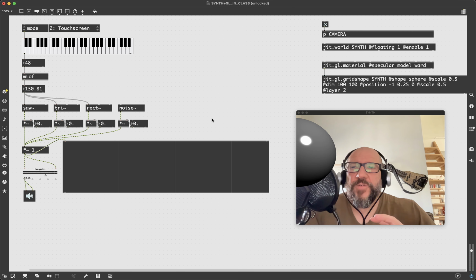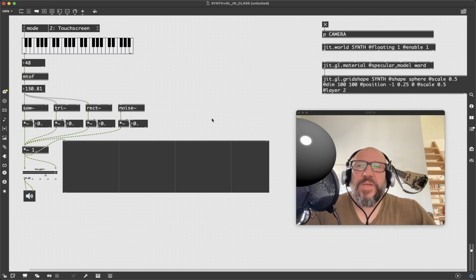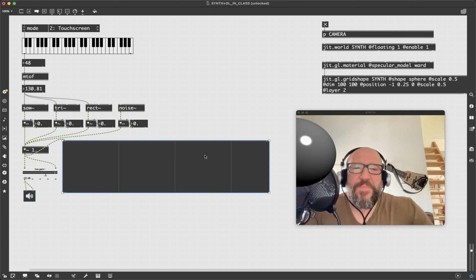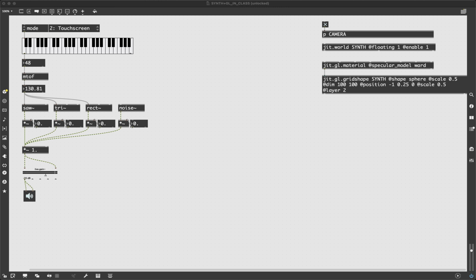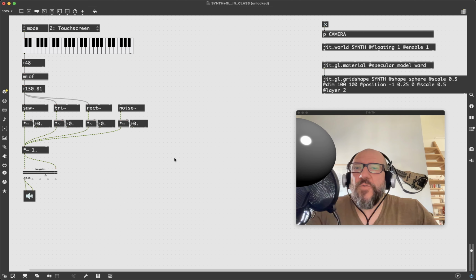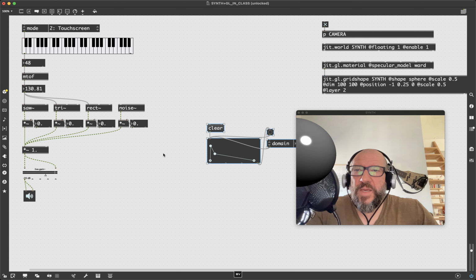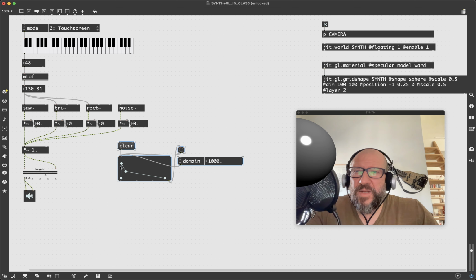So the very first way in which we want to shape the sound is by shaping its amplitude or its volume over time. And this is why I gave you in the chat this bit of code for the function object, which you've seen before. I just preset it with an ADSR envelope